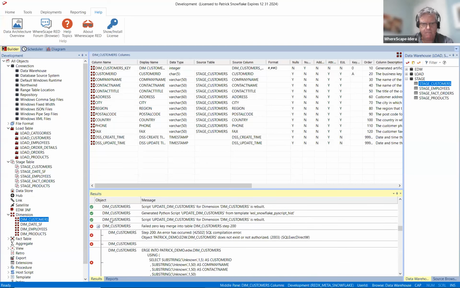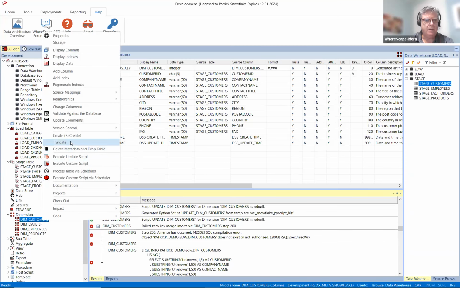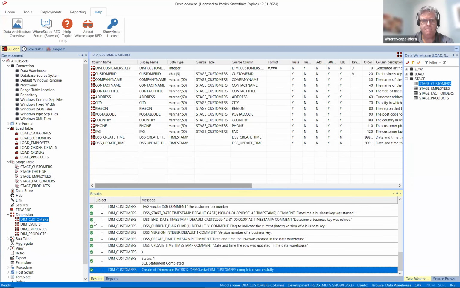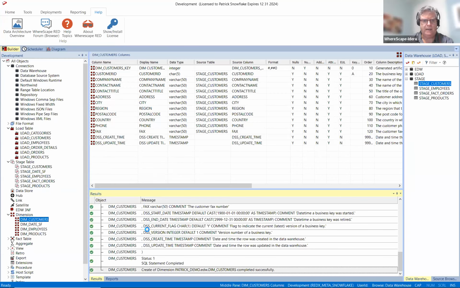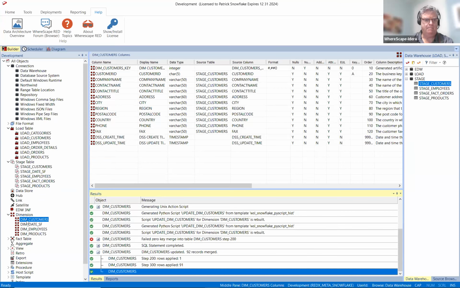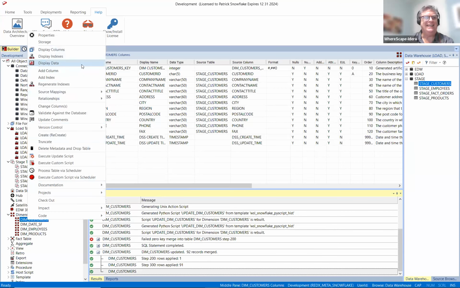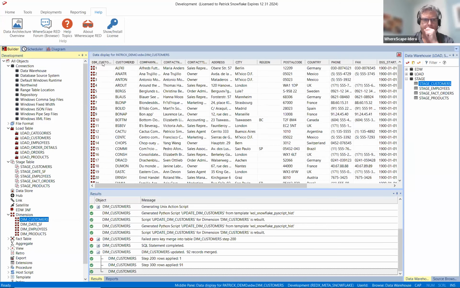And it didn't like something. Creating the table. Executing the update script. Apparently I haven't created the table yet. That looks better. Now if I look at the data in this new dimension, I can see